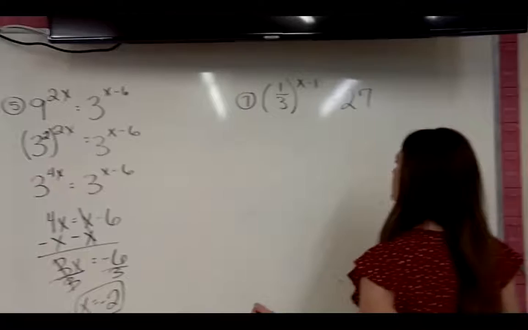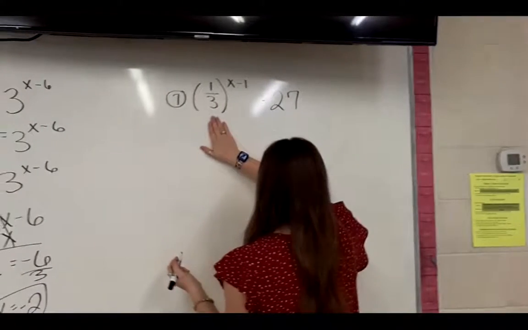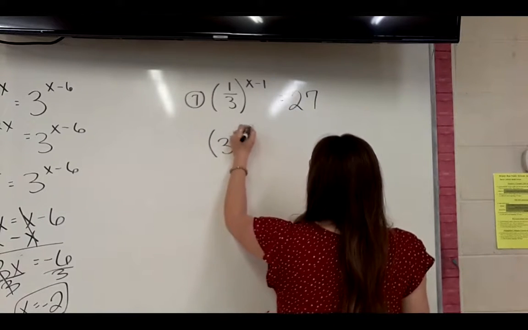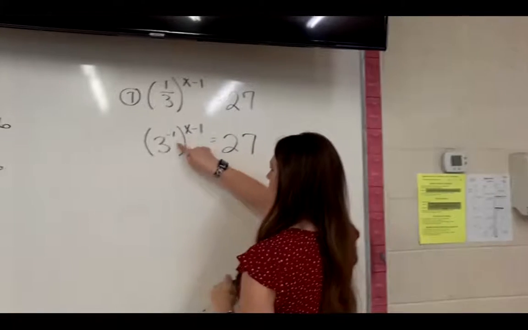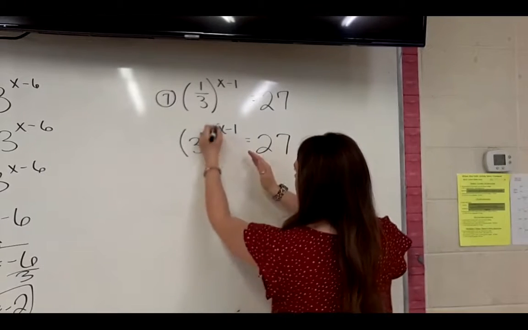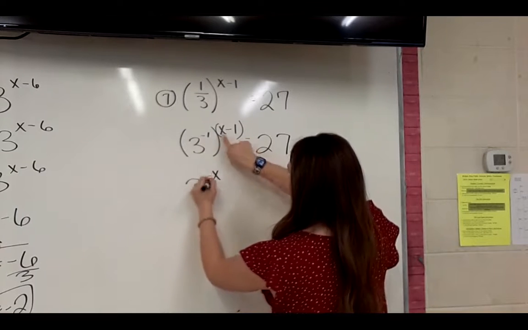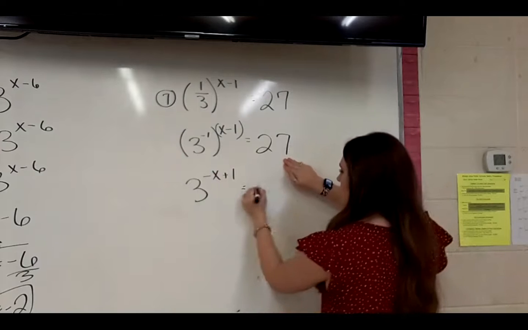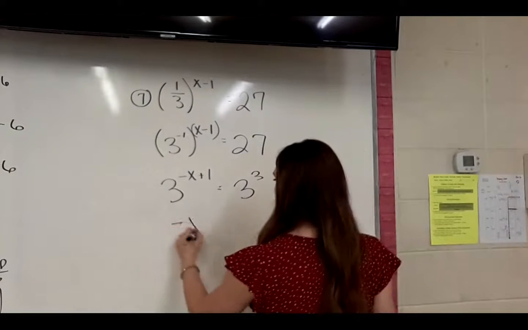Okay, on 7, this one kind of has several things. First thing, 1/3, I'm going to go ahead and write that as 3 to the -1. So then I can multiply those. Think of it as that's in parentheses and -1 is being distributed. So negative x plus 1. Then I can make 27 3 to the third power. So now that they both have a base of 3,